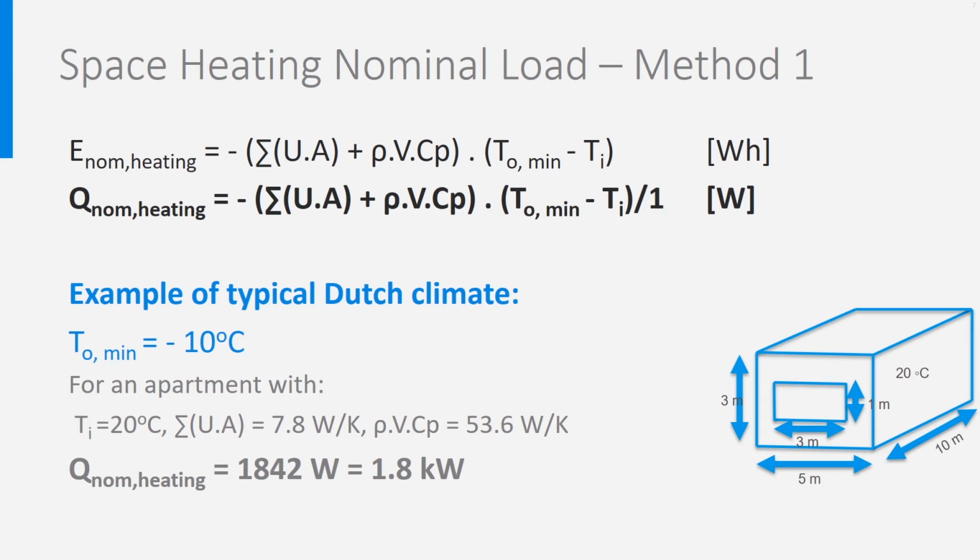So, if I want to buy a boiler for this apartment, I will choose one with a nominal power around or a bit above 1.8. If I want to buy a heat pump instead of a boiler, I will do the same. And if I want a connection to district heating, I will take care that this connection has a power of 1.8 kilowatt. And of course, I can make price comparisons between different types of heating and different suppliers.